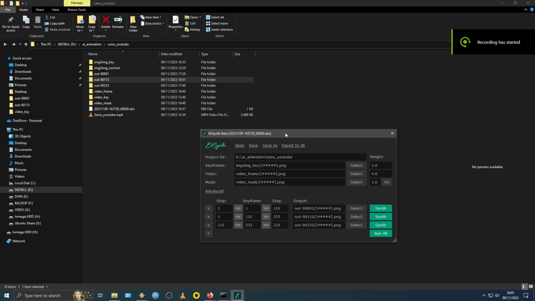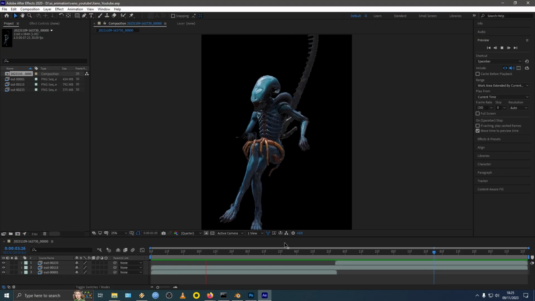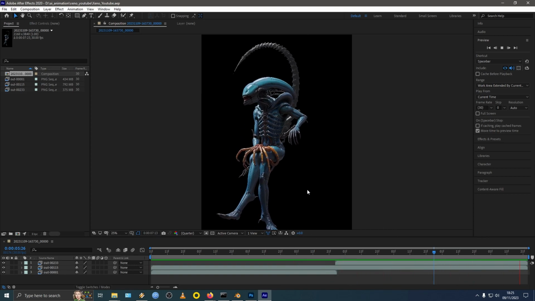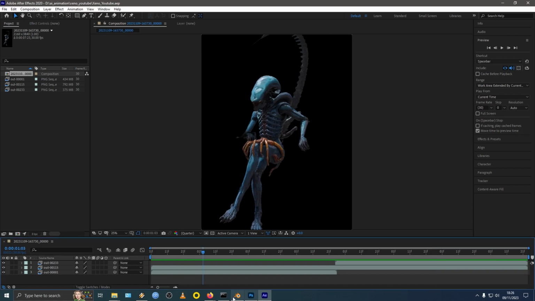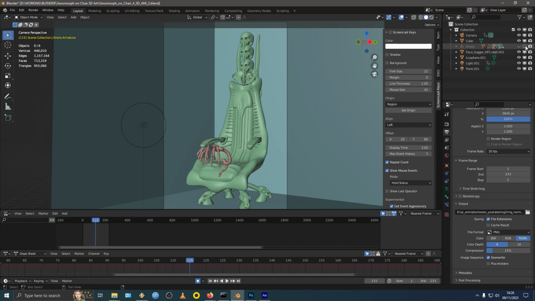Once all your EBSynth frames have been rendered, we want to click on Export to AE. It'll ask you what frame rate you want set. We are working in 30 frames per second. Now that we have the frames in After Effects, we want to add the background layer. So go back to your animation and you want to get rid of your subject,